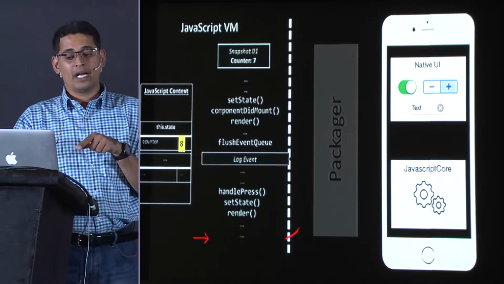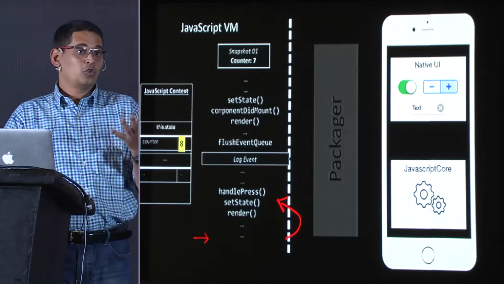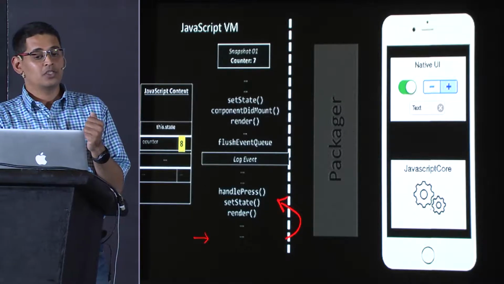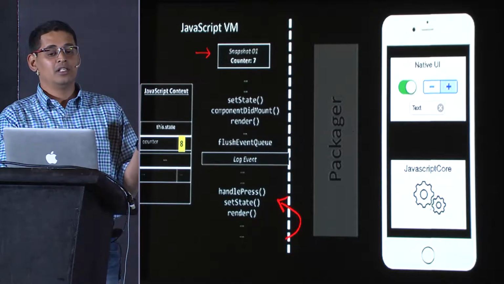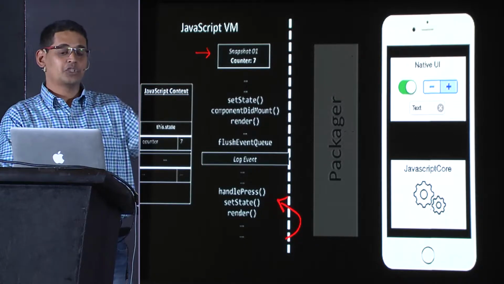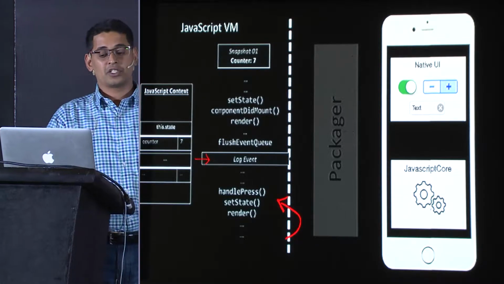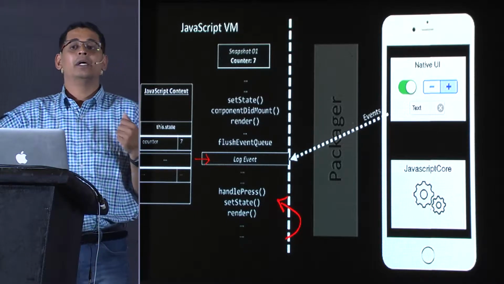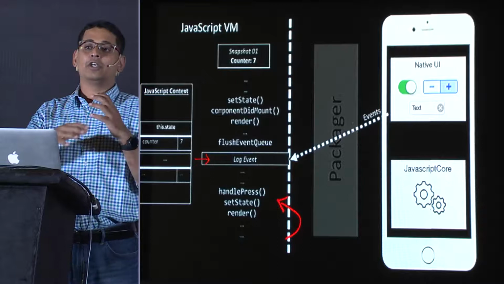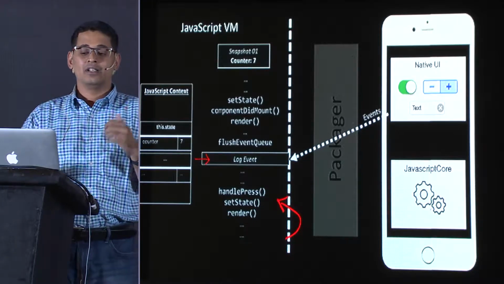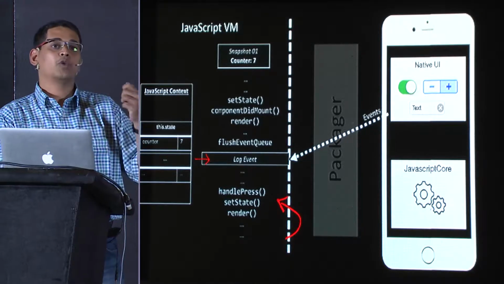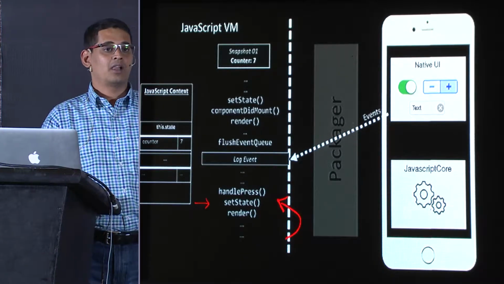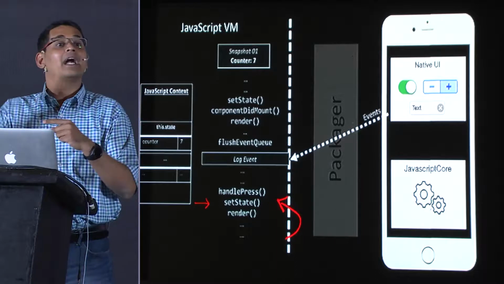Now, what if I want to go back? I cannot go back. I can't undo set state in React, right? What I can do, however, is go all the way back to a snapshot, restore that snapshot, and run my instructions. If there's an external event, I do not want to respond to the external event, primarily because it could be, from a click, like a double tap or something like that. So I'm not going to run that. I'm just going to rerun what I already saved. And then I'm going to come back to this state and pause. And that gives you the illusion of going back in time.